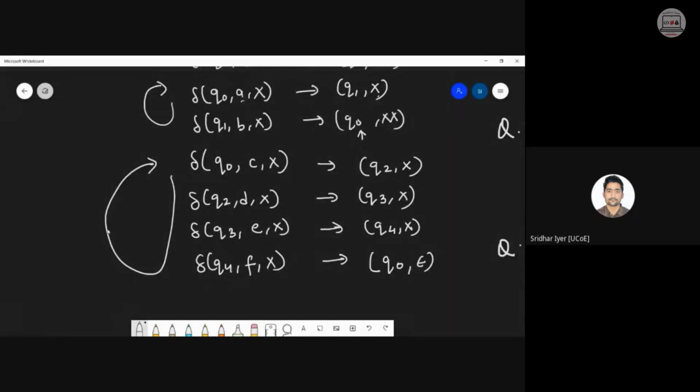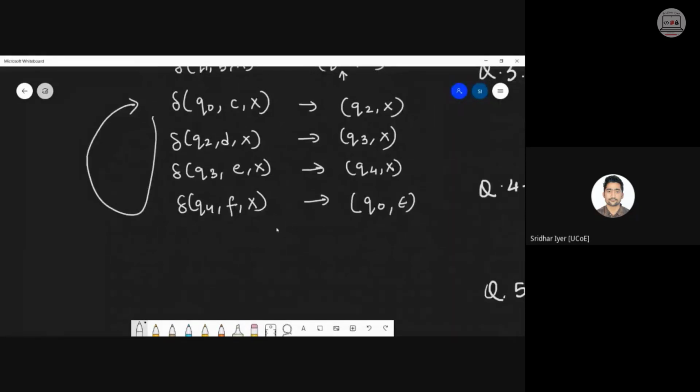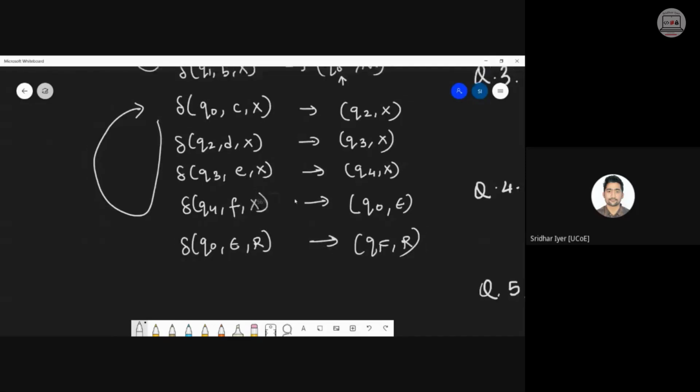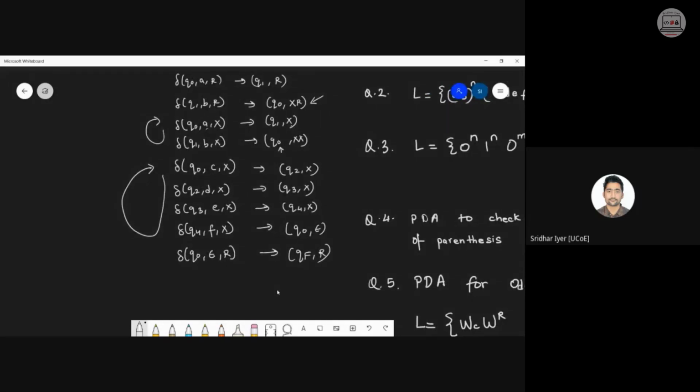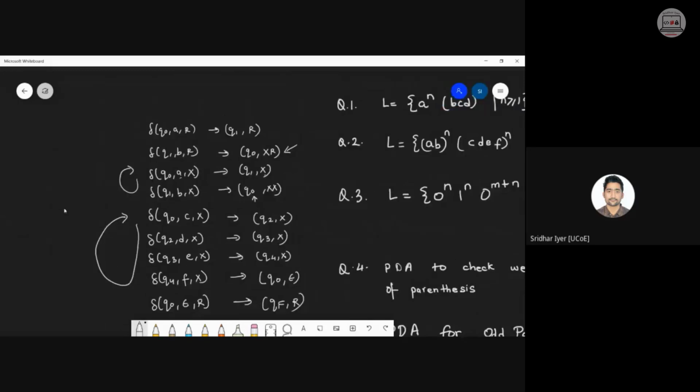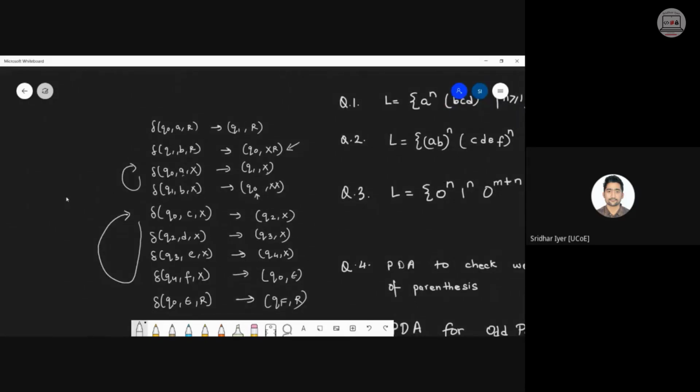Here. And finally, only one symbol and one state remains, that is Q0 epsilon on top of R will lead me to QF comma R. Is it simple now? I guess PDA must seem simple to you as compared to the previous topic. Just let me know, because it's purely logical and few of the things are repetitive.